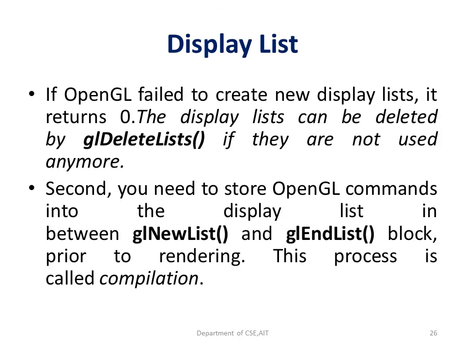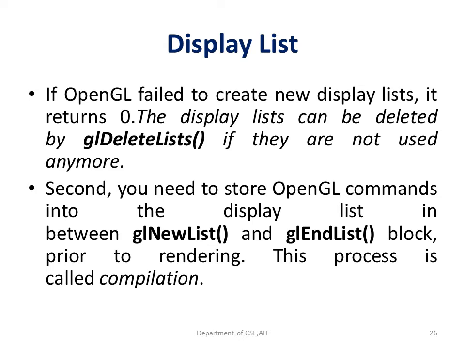If glGenLists is not able to create a new display list object, then it is going to return 0. Suppose I want to delete a display list, then we can use the API glDeleteLists. Of course, you can specify the number within it and that particular object will be deleted.